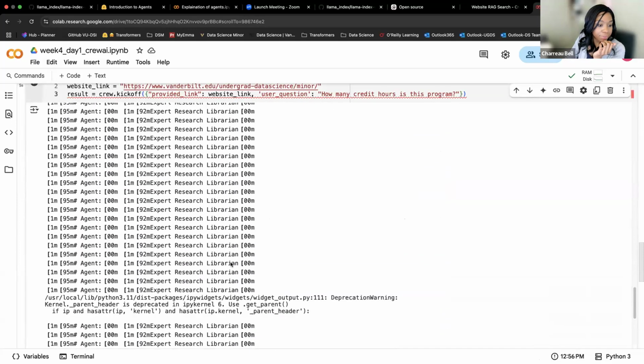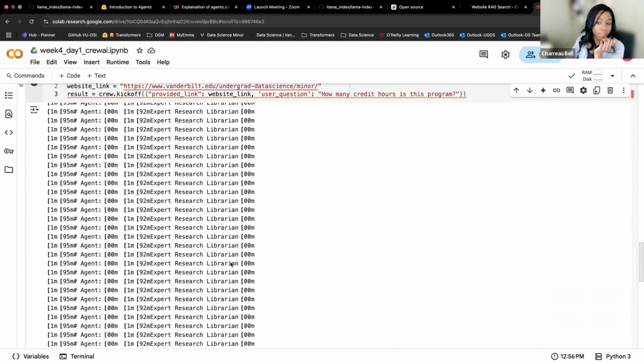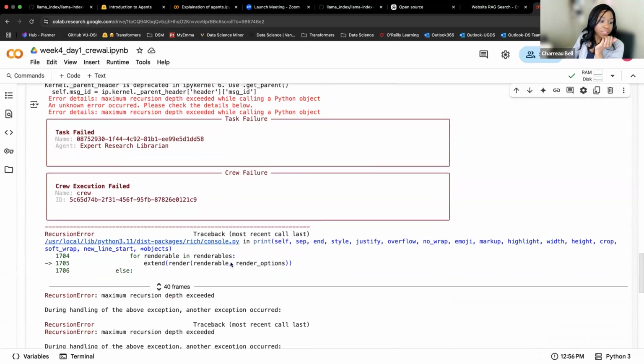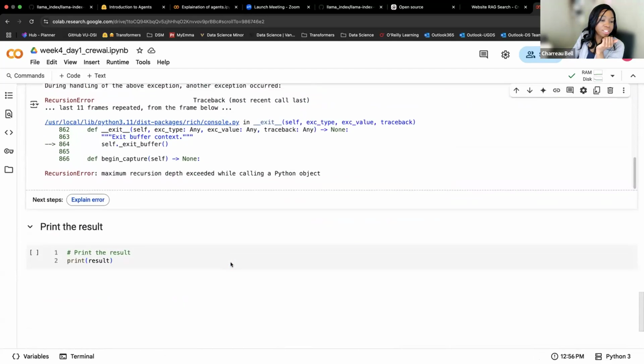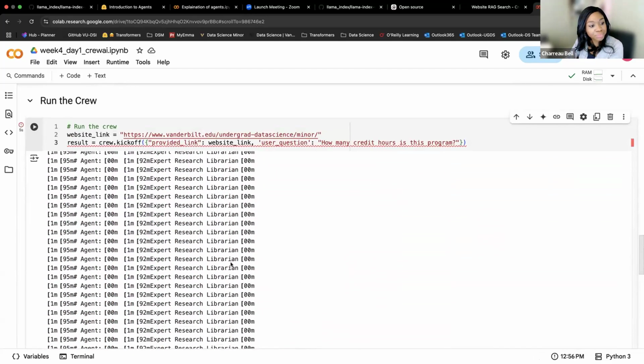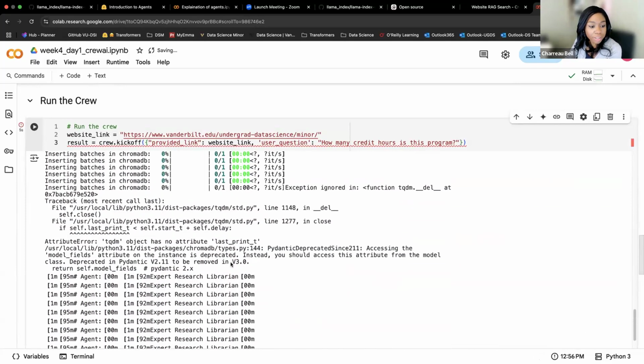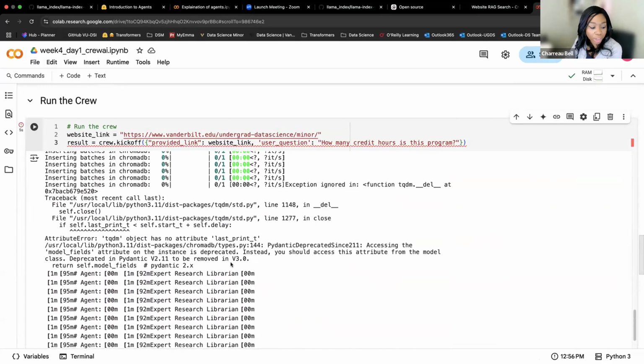So often, when it starts talking about Chroma, it's a database type where you can store vector stores and other things.